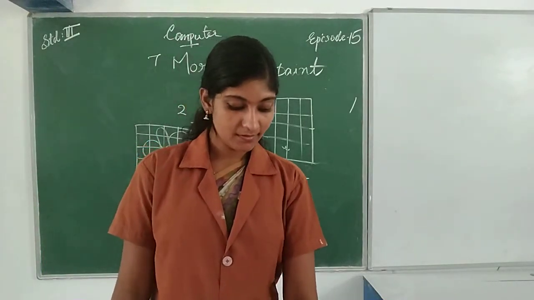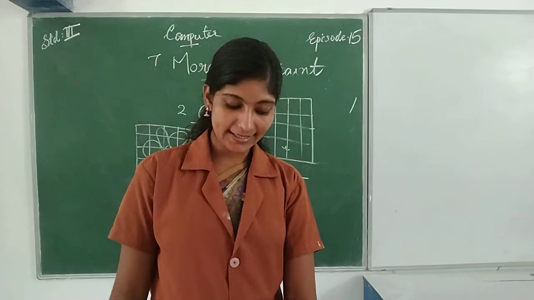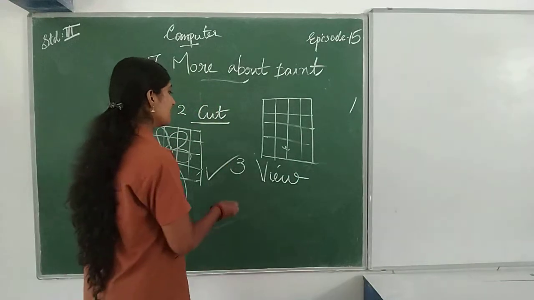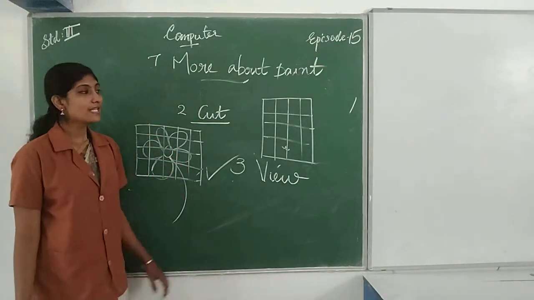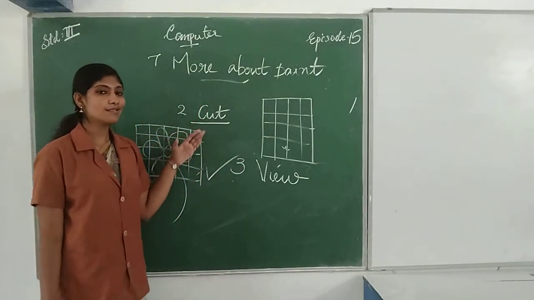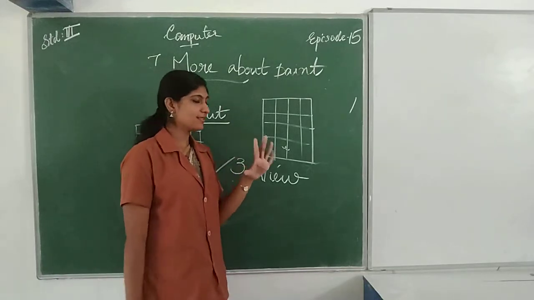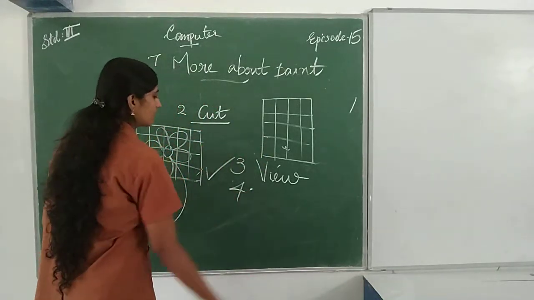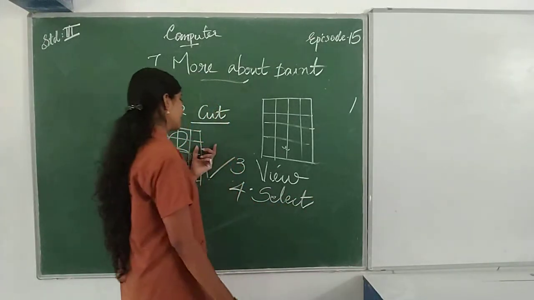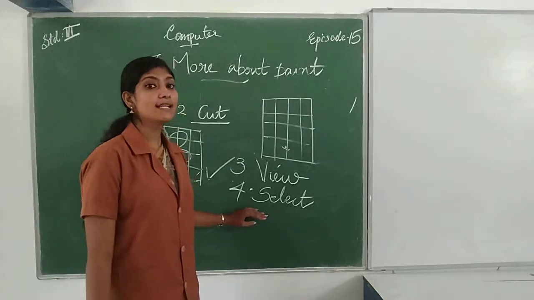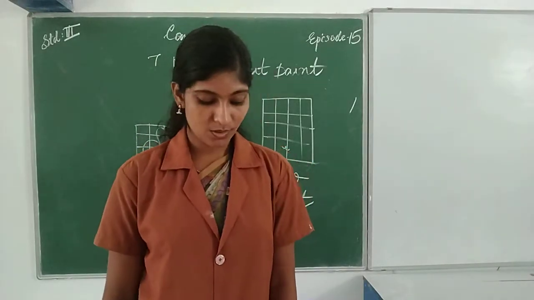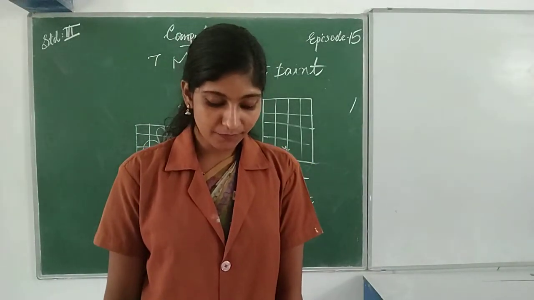Then the fourth question: use the select tool to select the part of a picture that you want to change. So that means you can select a picture you want to. What is the tool used to select a picture? Simple. Select tool. S-E-L-E-C-T. So the fourth one is select. Use the select tool to select the part of the picture